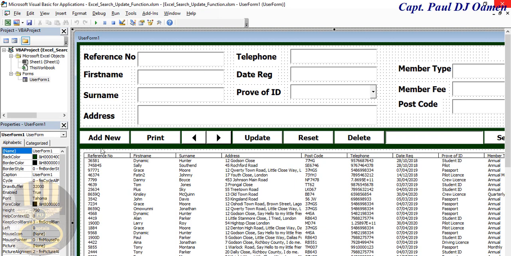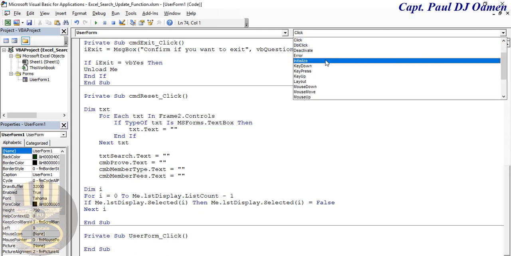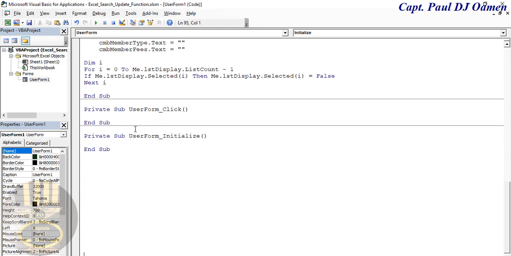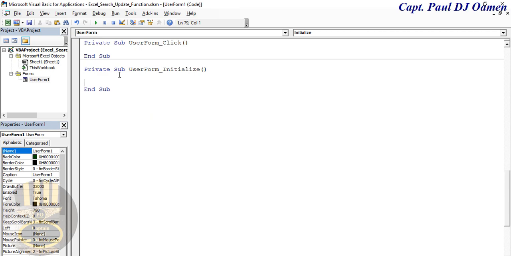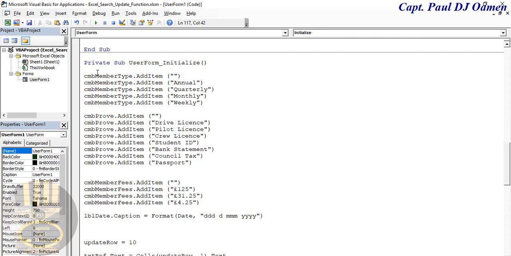So I'm going to enter those as form initialize now, but I need the name of each of them. So let's come right down here. So right here, let's come up here and select a different event, form initialize. That is it. Let's tab so that you guys can see it. And in here, the following codes will be included. Now take a good look at these lines of codes. Let's increase this